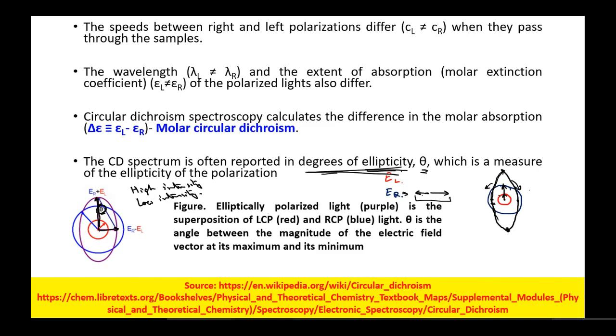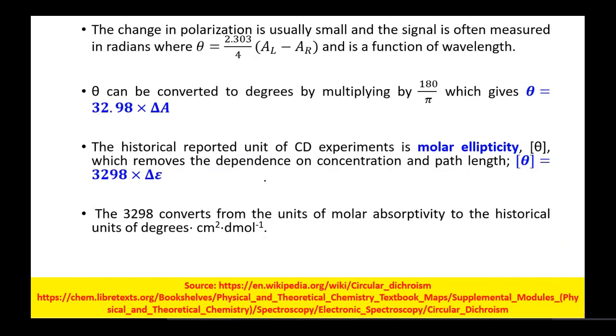Elliptically polarized light is the superposition of LCP and RCP light. Theta is the angle between the magnitude of the electrical field vector at its maximum and its minimum. So what information is this theta giving you? It is giving you information about the measure of the ellipticity of the polarization. Now this theta, as I told you, is being given by